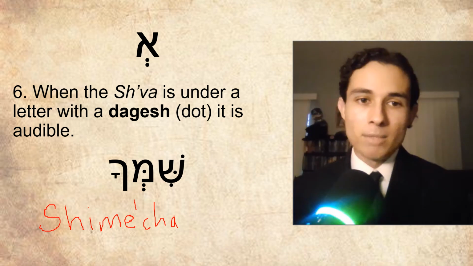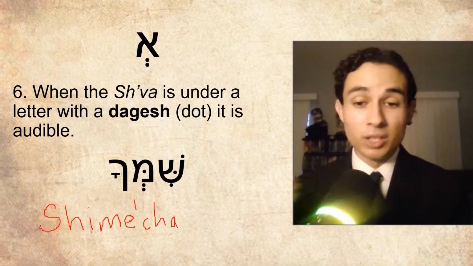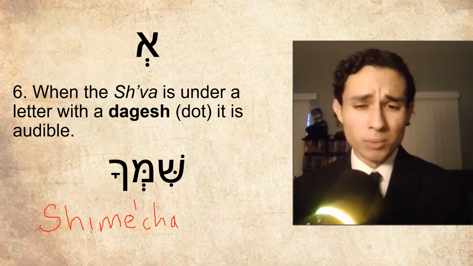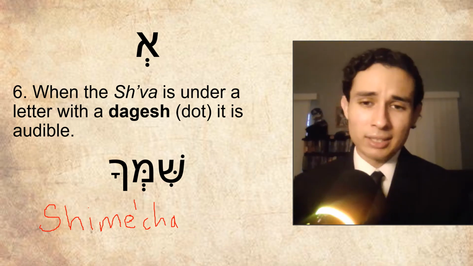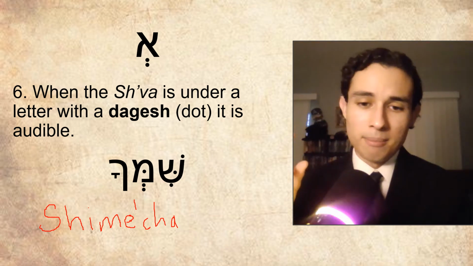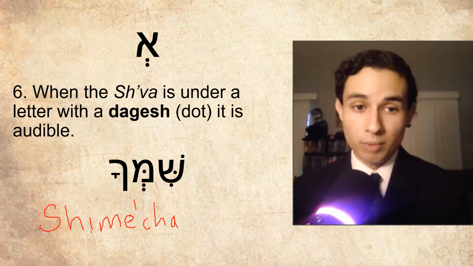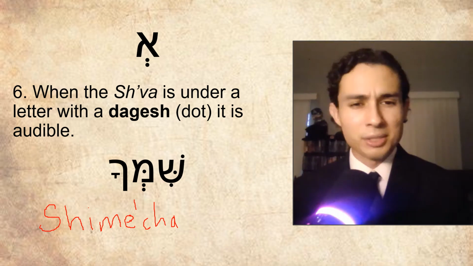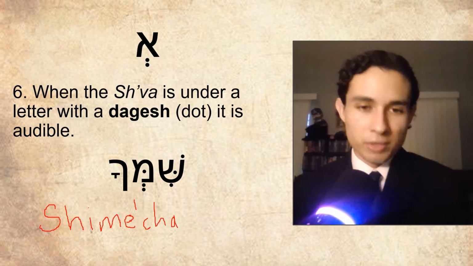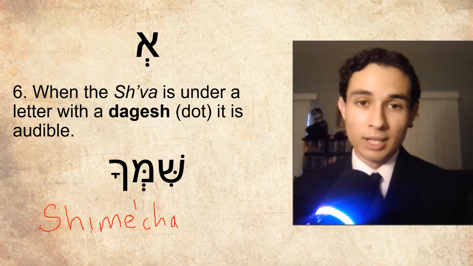Okay, so you're going to be pretty much fine just treating every single shva as silent, because if it's not a silent shva, then most of the time, the fact that there's going to be two consecutive consonants might just automatically force a tiny audible shva out of you either way. So my advice, just don't stress and just treat it as a silent shva, right? This has been the rules for the shvana and the shvanach.